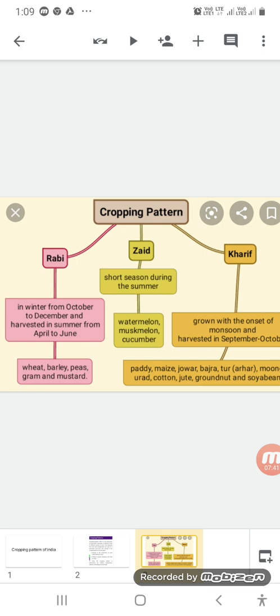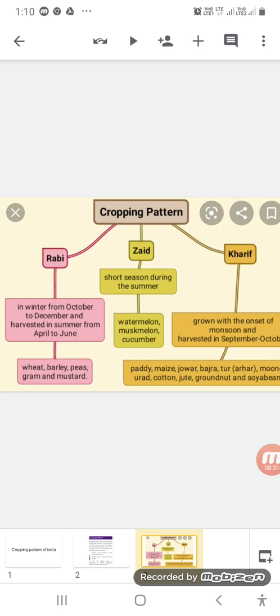Here, the main attraction for these crops is western temperate cyclones. The second one is the Kharif crop. The sowing season for Kharif crops is the onset of monsoons, which we know is June and July. These crops are harvested in September and October. The examples of these crops are paddy, maize, jowar, bajra, arhar, moong, urad, cotton, jute,